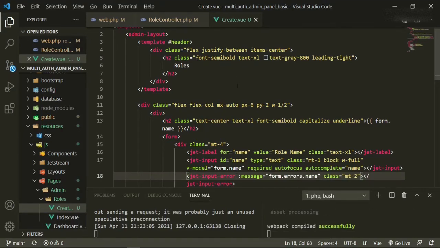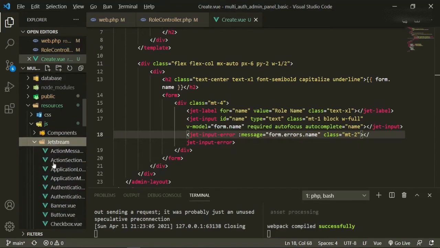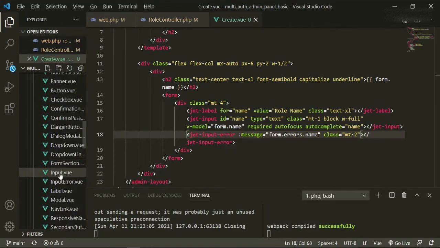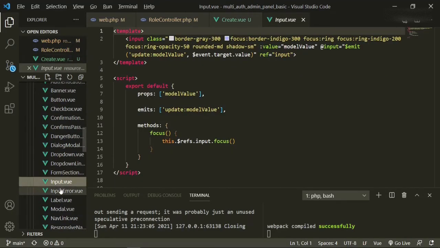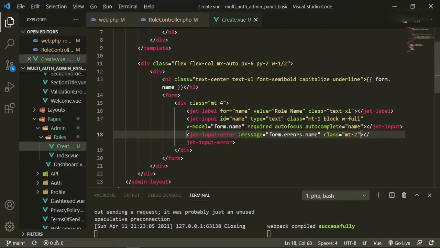And the reason why I'm putting in jet input error message and we're feeding it the message is because in the JetStream component, the input component, or sorry, it's the input error. Okay, this component itself is accepting a message property. Okay, and it's right in here, and it's pushing it into the view for us right through the component. Okay, so whatever error message that we get is going to be displayed where this input error message is.